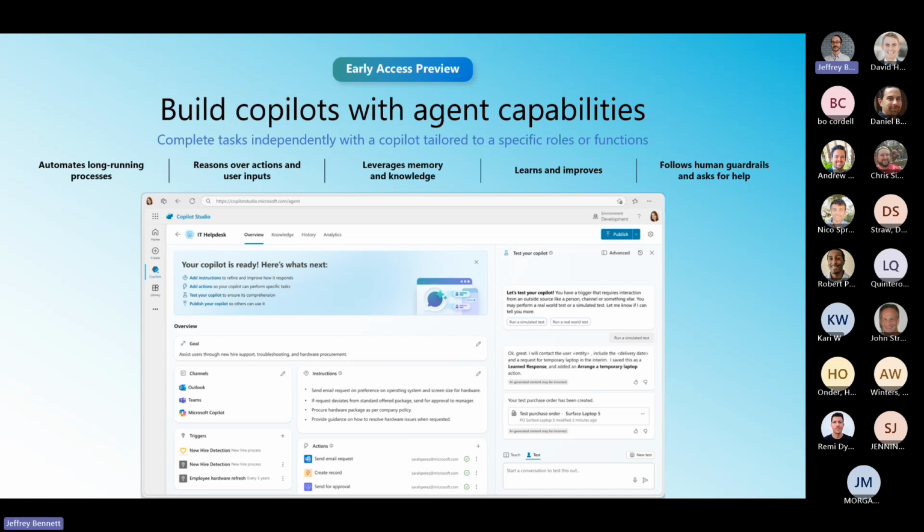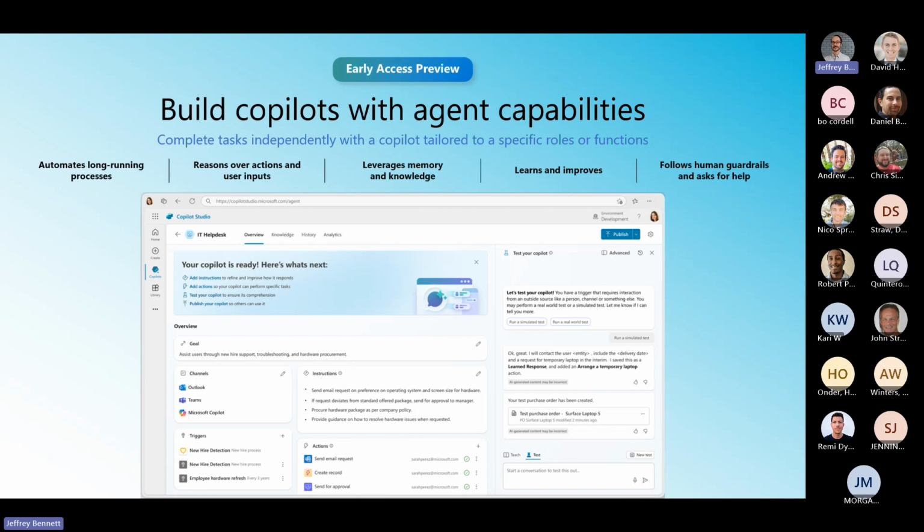So Copilot agents, I think, is the first big thing to mention. Copilot agents and Copilot Studio are now in an early access program. Using Copilot Studio, new capabilities in Copilot will act as agents that can independently orchestrate tasks tailored to very specific roles and functions.